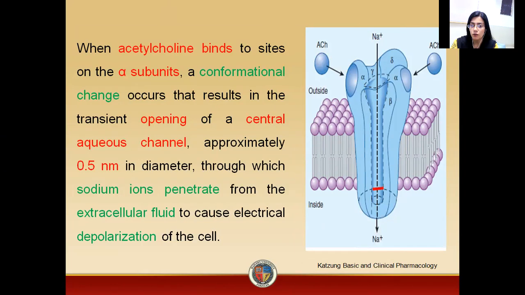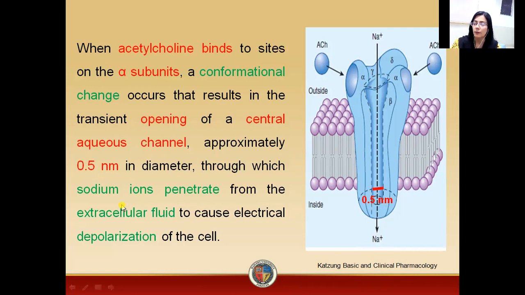Due to this influx of sodium, there is depolarization. And why does this sodium influx happen? This is only because of the opening of this central ion channel. And the diameter of this central ion channel is 0.5 nanometer. So as a result of all these sequences, there is a depolarization of